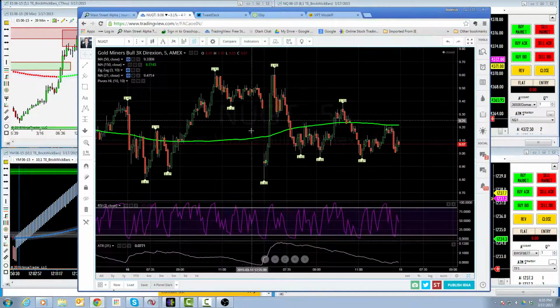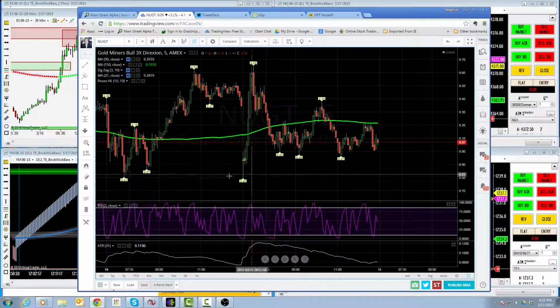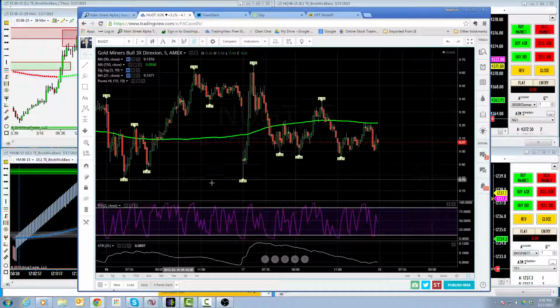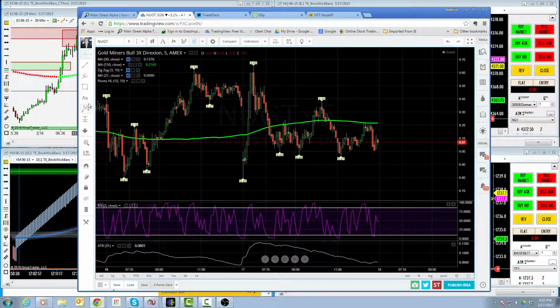So let's go here first to Nugget. So Nugget on the 5 minute, I really like this level down here, essentially between 850 and 880. I guess I could go in and draw a little, which of these tools is for that? Yeah, a little rectangle action, something like that.